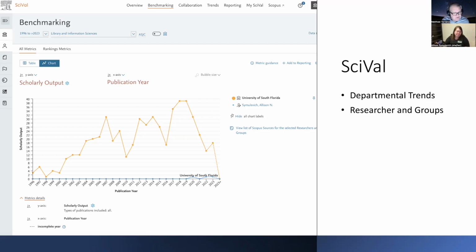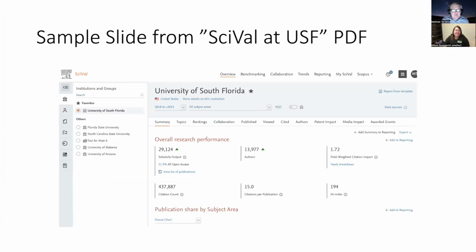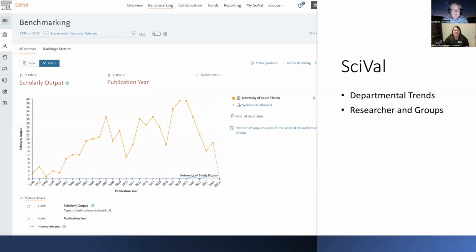It's just that we tend to find that a lot of the focus on this is people wanting to look at themselves until they get to a point where they may be in an administrative role and they need to look at a little bit more. And there's lots of other. Sorry, go ahead, Matt. Just going back to the previous slide, I just want to point out that it's showing